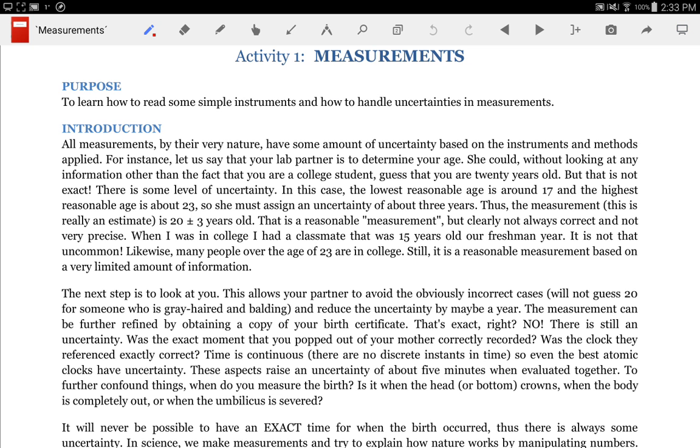What's the difference in precision and accuracy? Anybody? Okay, there's a very simple